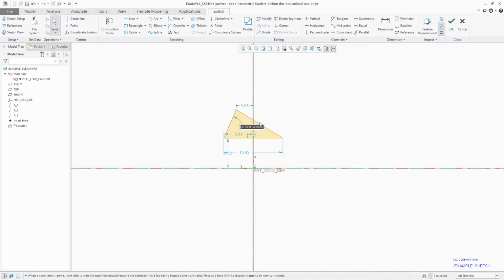So here 60 degree, and now I just want to make another angle in between these two. So just select these two lines by pressing Ctrl, and you can see this small mini menu bar will appear, and you can select options. There are so many options available here. So right now I just want to make angle between. I just want to make angular dimension, so we can select angular,